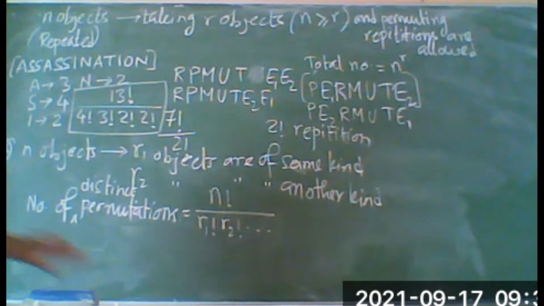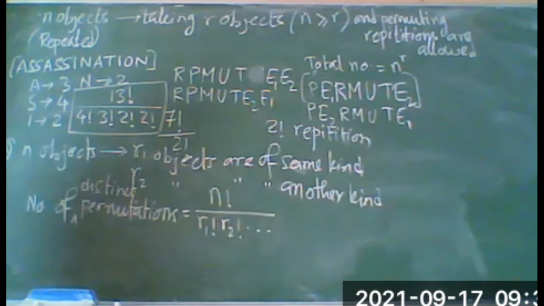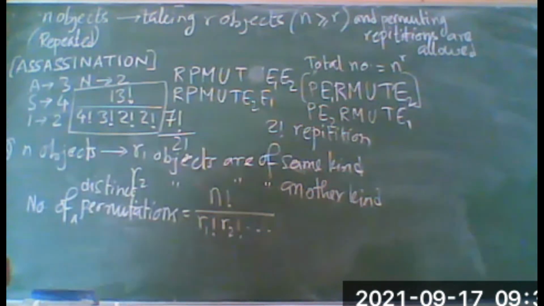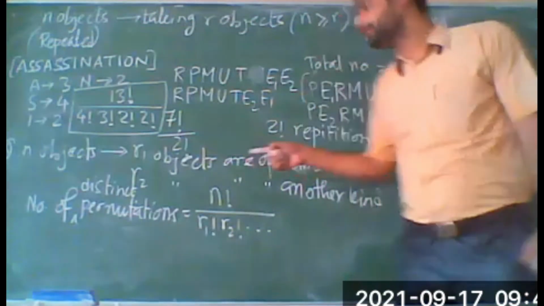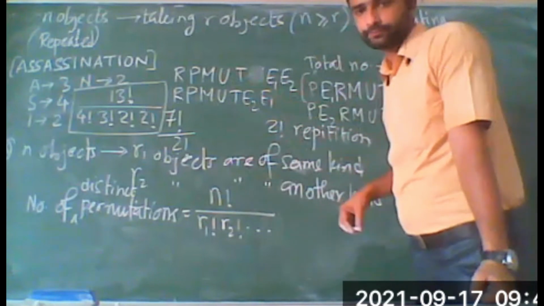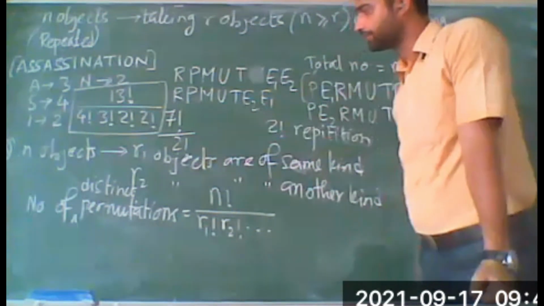Is it okay to everyone? Sir, if it is the same permutation, will we multiply? Sorry, again: we made them distinct here, so if the same permutation is allowed, meaning repetition is allowed, will n factorial remain or will it be multiplied with n factorial? No. Then it is only n factorial, because n factorial includes all those permutations. That's why we are dividing by them.